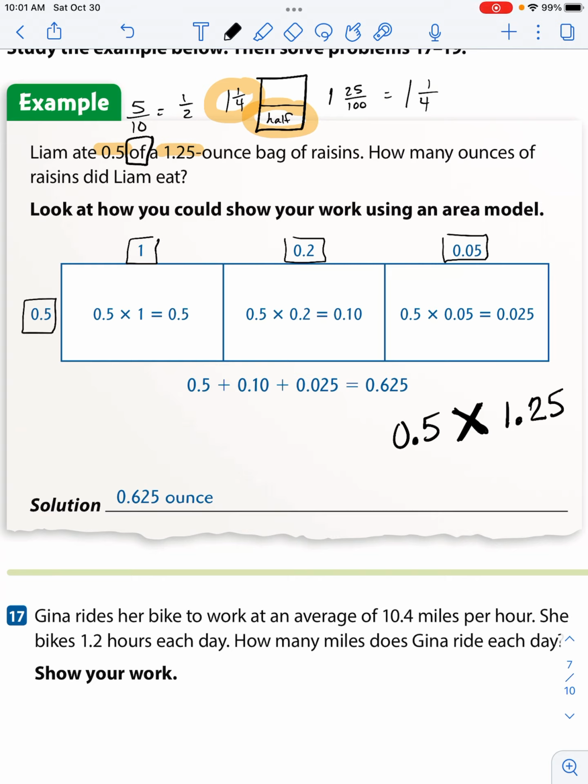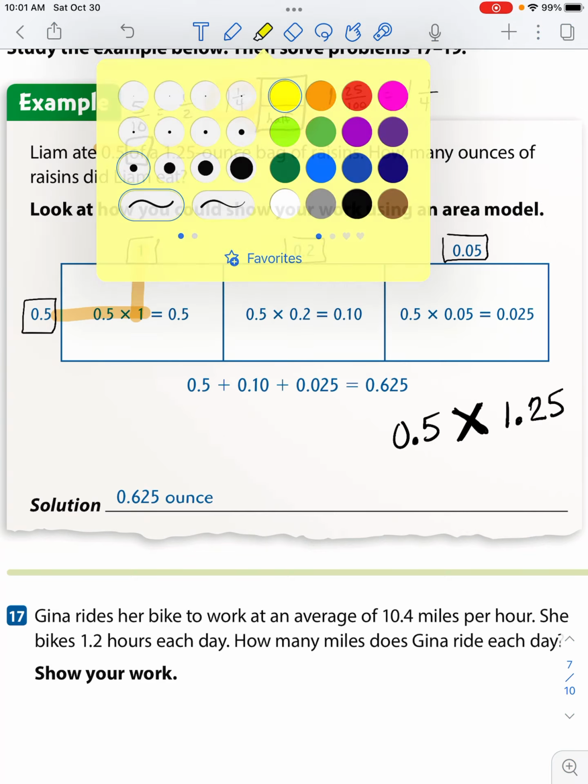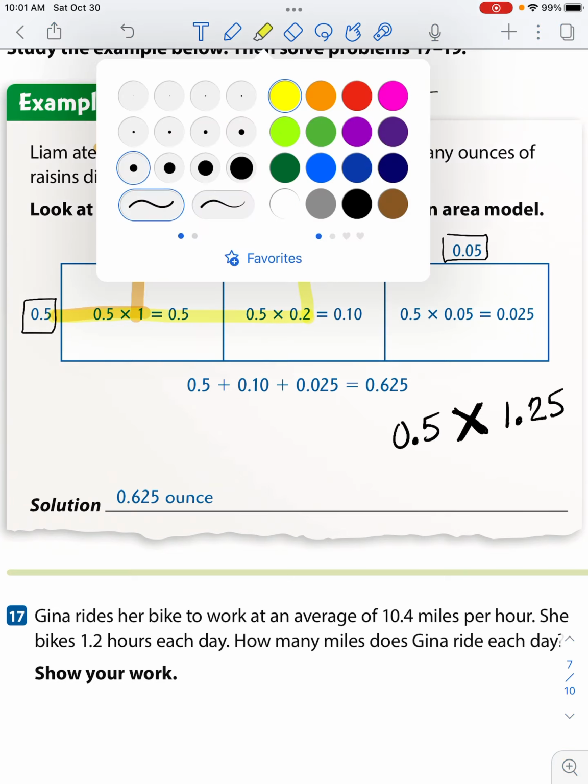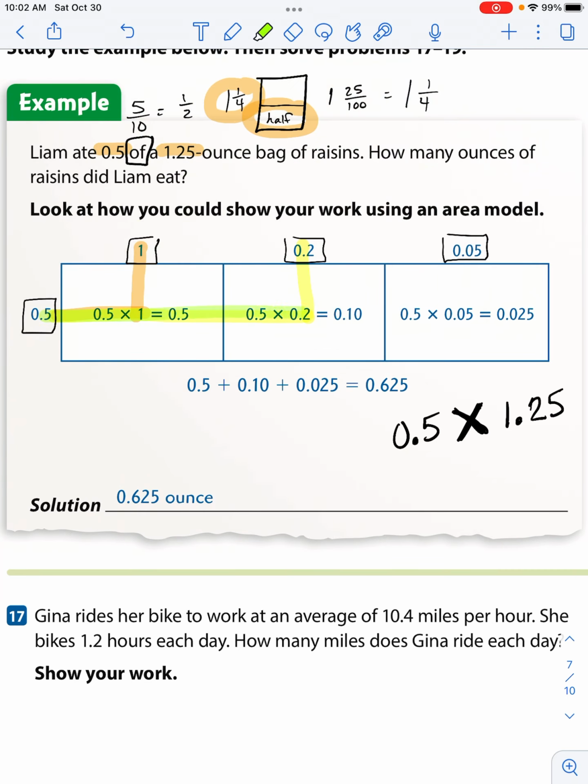So all they're doing is multiplying a half times a whole, which is a half. Okay? And then over here, they did a half times 2/10. And then on the farthest side, they did a half times 5/100. And then simply add it all up. Okay? When you add it all up, they got 0.625 ounces,